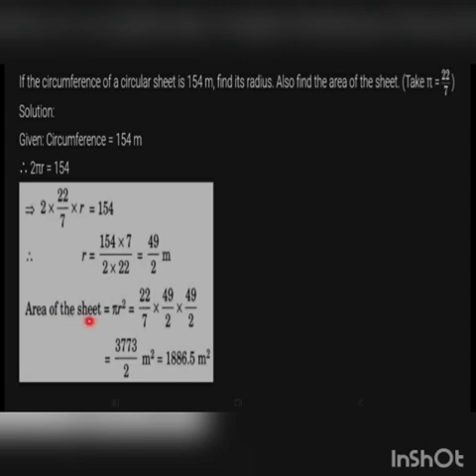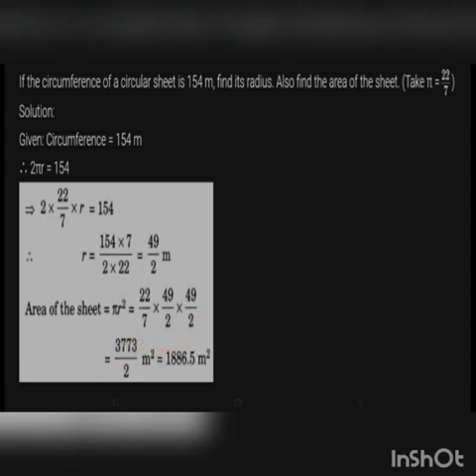So area of the sheet is equal to what? What is the equation for area? Pi r square. Now r we got what? 49 by 2. So again substituting 22 by 7 into 49 by 2 into 49 by 2. Why are we multiplying 49 by 2? Because r square. Now cancelling 7, 49, 2 in 22, we have 3773 by 2,